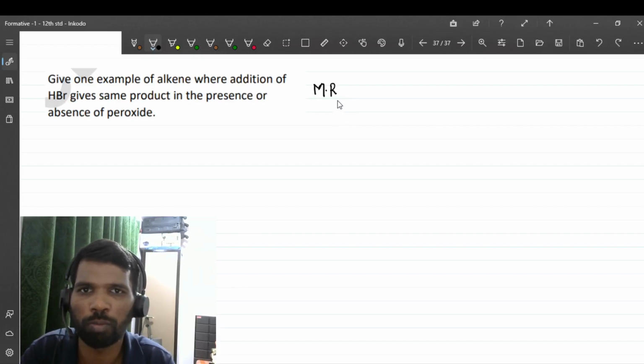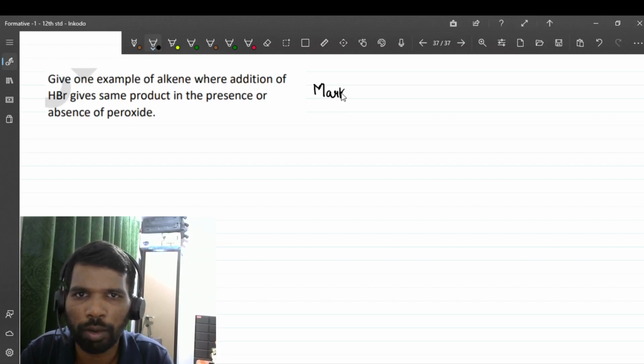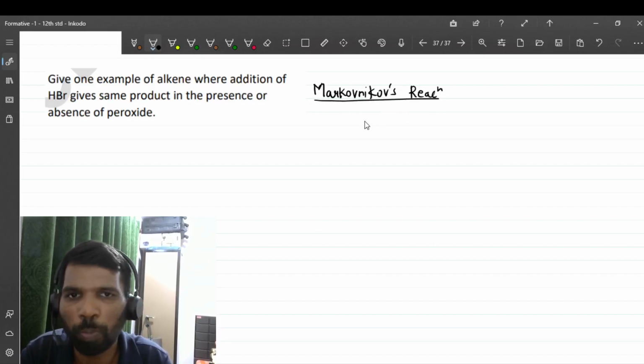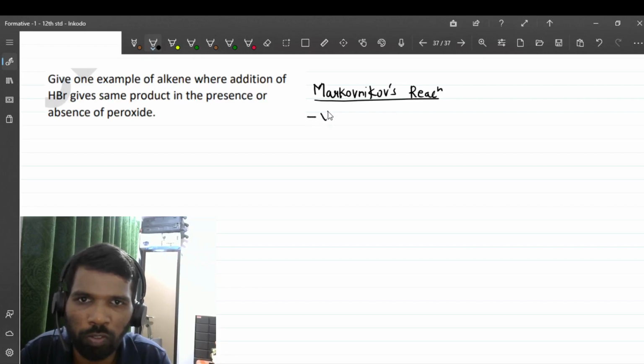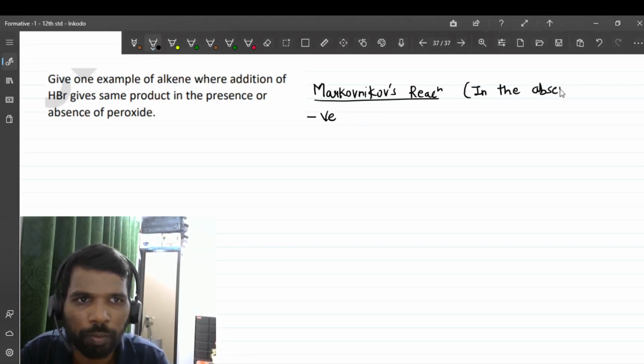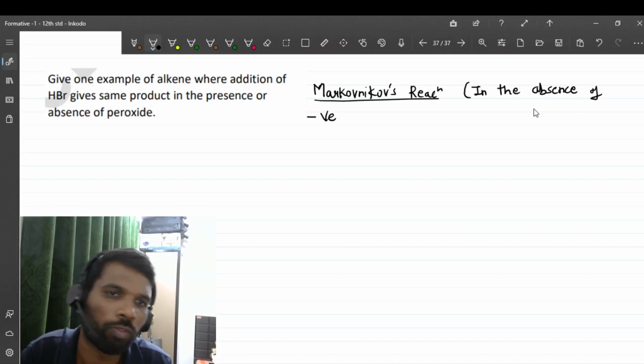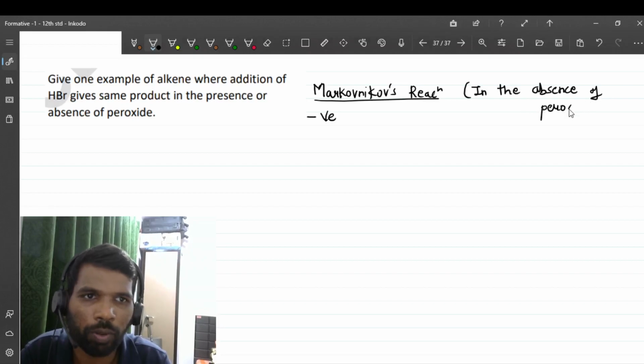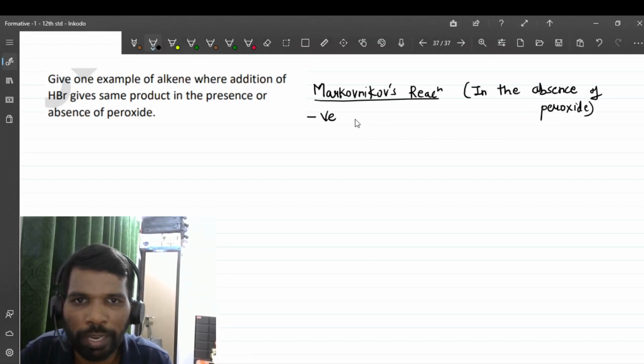The rule is that Markovnikov's means in the absence of peroxide. So the negative part of the adding species goes to that carbon